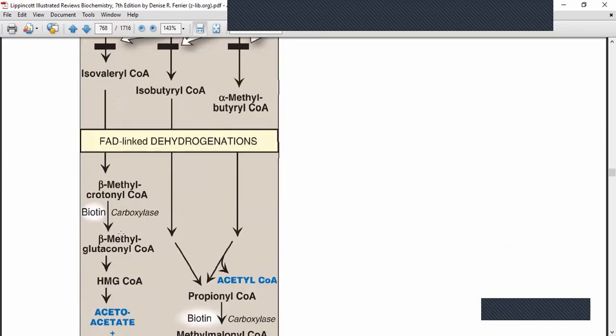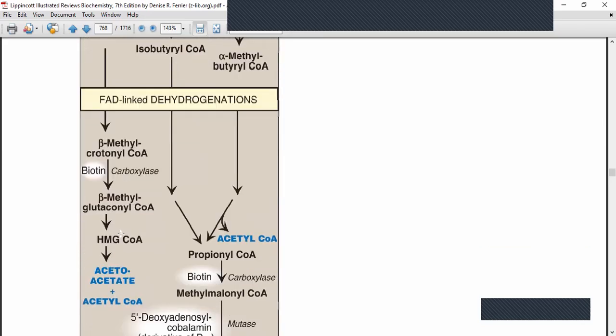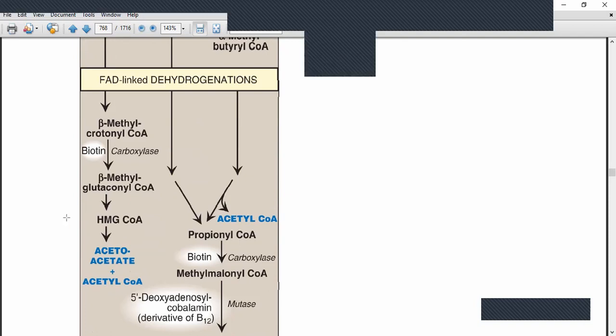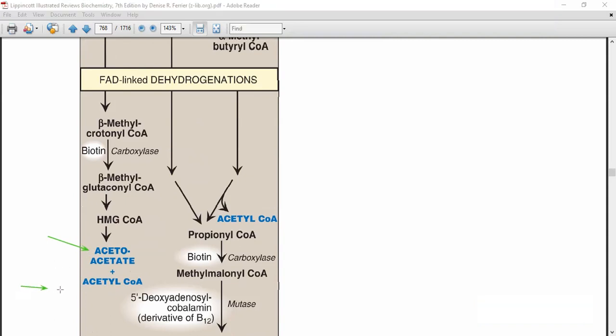Leucine, as I said, is strictly ketogenic. So at the end of the day, it will give you these two, acetoacetate and acetyl CoA. Remember, those two will go to form your ketone bodies. That is why it is strictly ketogenic. Okay, that is leucine. But I want you to look at the other ones,